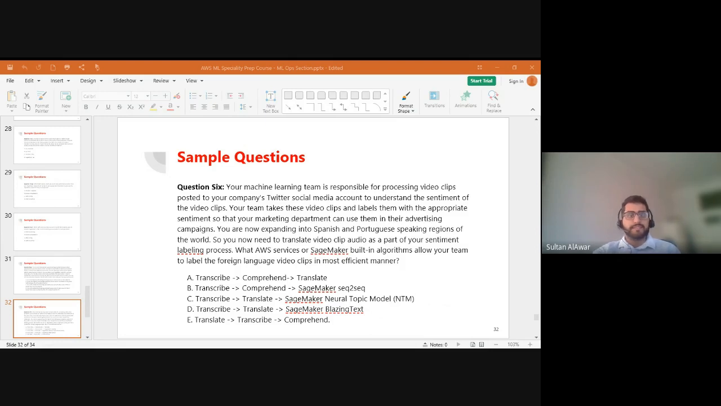I think I missed this line. So you are now expanding into Spanish and Portuguese-speaking regions of the world, and you need to translate video clip audio as part of your sentiment labeling process. What AWS services or SageMaker built-in algorithms allow your team to label the foreign language video clips in the most efficient manner? Keywords to look into here: processing video clips, so Amazon Transcribe,